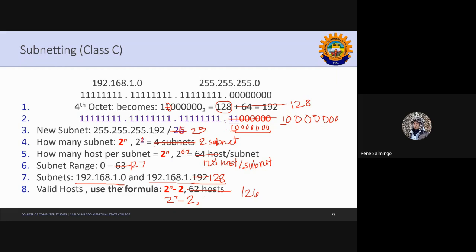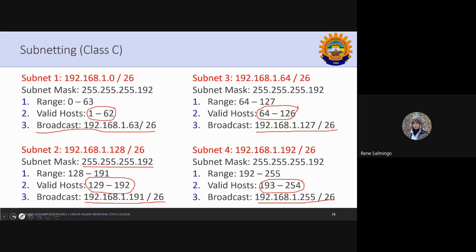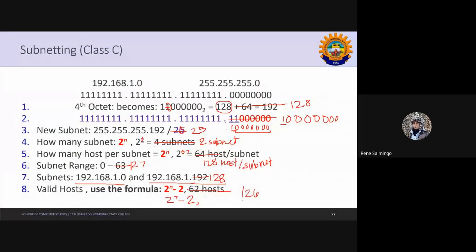Because the last one will become your broadcast address, and the other will be your subnet number. Without considering the subnet number and broadcast address, you could not send the data. It's like having a letter: you have the receiver and the sender. If you don't have a sender and receiver, you could not send the letter. So that's the same also when you have